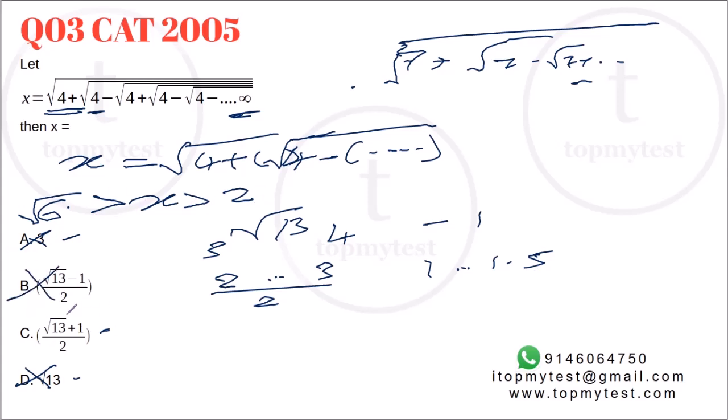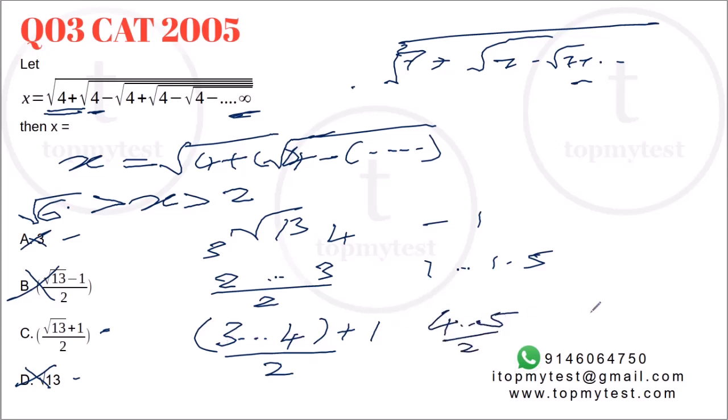We can do a similar thing and figure out how much option C will be. Option C would be, by the same logic, between 3 and 4, plus 1, divided by 2. Something between 3 and 4, plus 1, will end up between 4 and 5, and then you divide by 2, so it will be between 2 and 2.5, which is what this range is. Option C is your correct choice. We could have done it about a minute earlier. I just tried to explain it to you in much more detail.